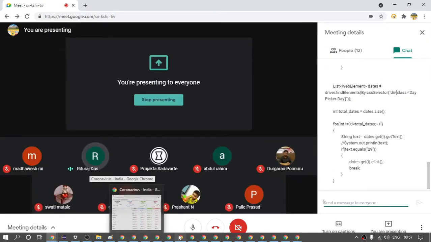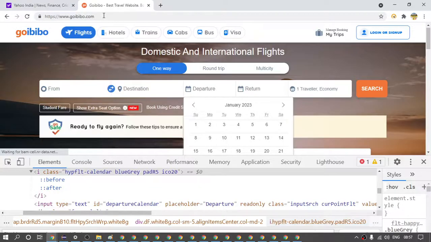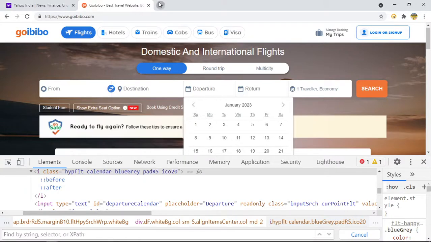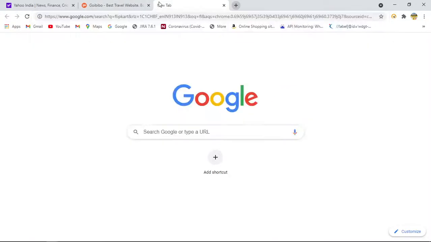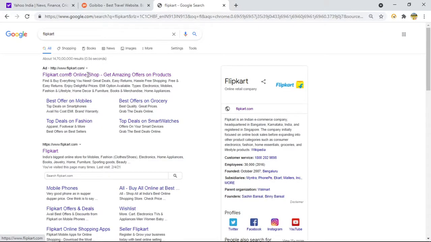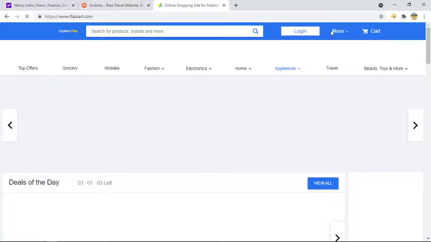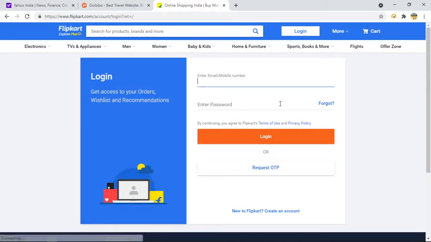Like if you remember on the Flipkart site, let me open Flipkart. Last week, on the Flipkart site, when you click on login, it will show a pop-up asking for the pin code or something. I think we handled that.